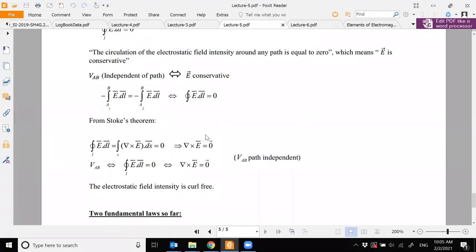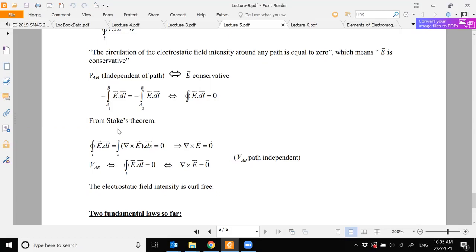Now what we are doing is we are trying to get the same expression that we got here in terms of the line integration. Can we try to get it in terms of surface integration? This is possible. Which theorem can we use? Which theorem will relate the line integration to the surface integration? Stokes theorem. The divergence theorem relates the surface integral to the volume integral, whereas Stokes theorem relates the line integral